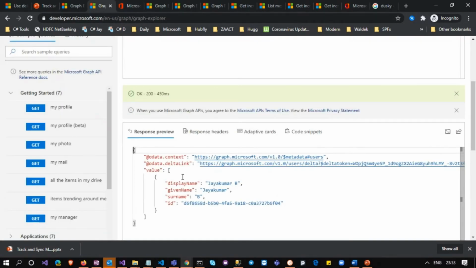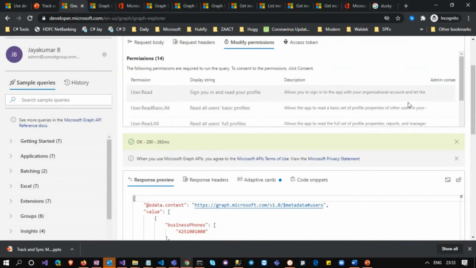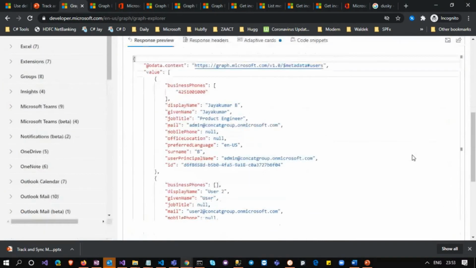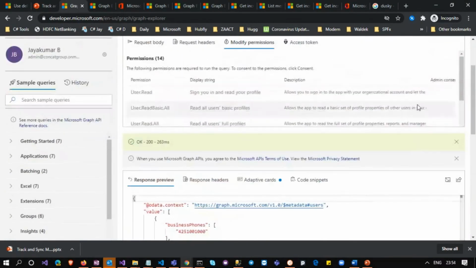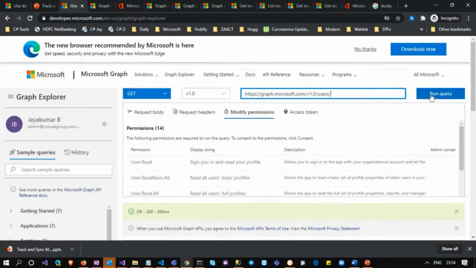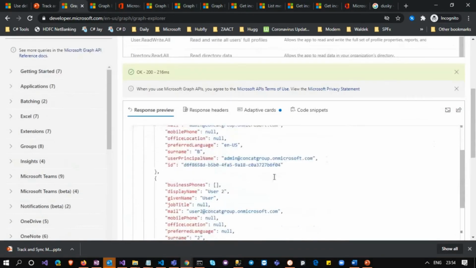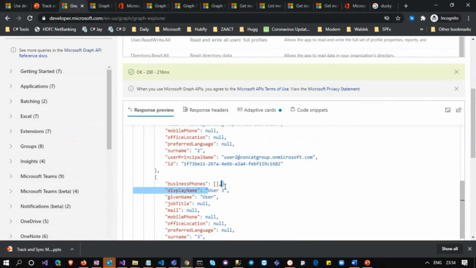Now suppose I'm maintaining this user data in my local store, like a database, or any storage in my application. What will I do now? I need to crawl these resources again, or apply some filter, but I cannot apply a filter since I don't know the name. So I need to crawl this entire resource. Now I will be getting my newly added resource.